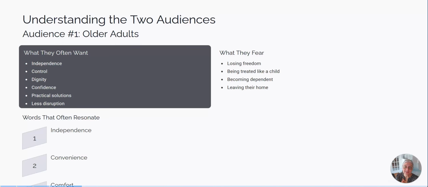She's very independent, and she refuses to move closer to family members because she doesn't want to lose her freedom. She doesn't want to be treated like a child. She doesn't want to become dependent, even on her neighbors. And she definitely does not want to leave her home, even though the home is not really suitable for her any longer. It's a 2-story home,